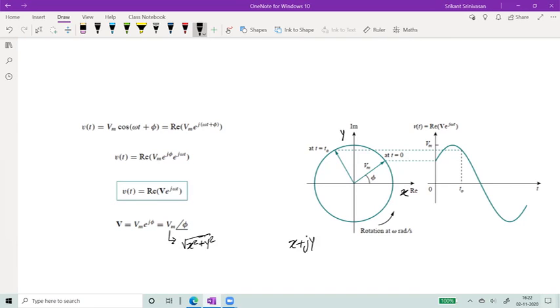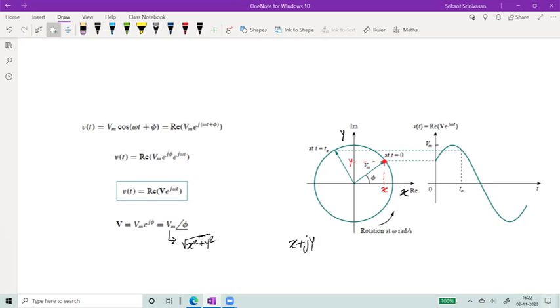And therefore, when I write this phasor, this point over here corresponds to some value of x and some value of y. Okay, in the Cartesian coordinates, in the rectangular coordinates. Now, if you want to do it in the phasor or in the polar form, then Vm will be root of x square plus y square. The angle will be phi, where phi is tan inverse y by x.